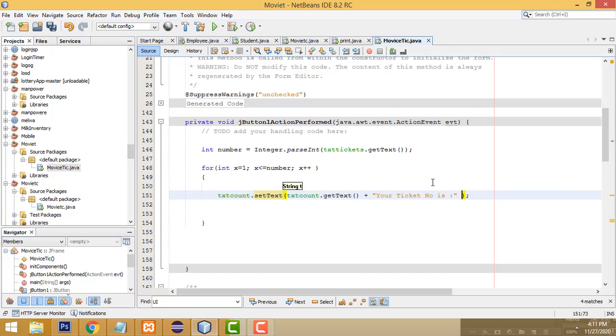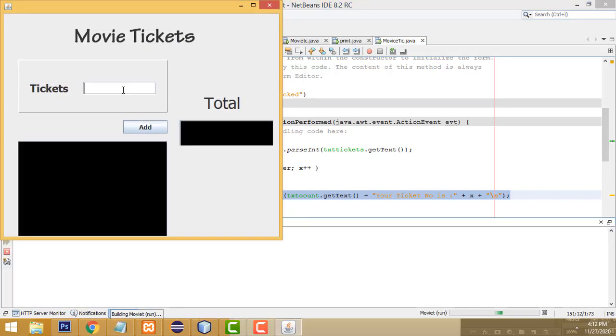Now here we have to write the value x. Right, after that we have to print the statement on the next line, so write next line. Okay, now let's check whether it's working fine or not. We enter 10, here it's working perfectly well.